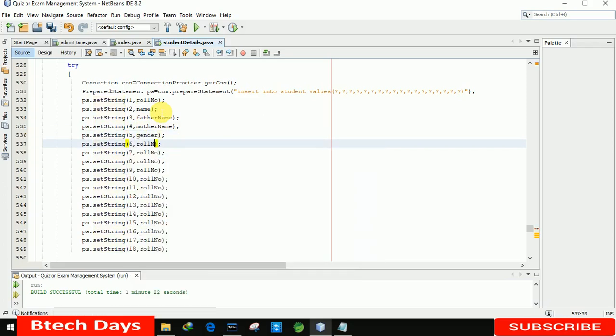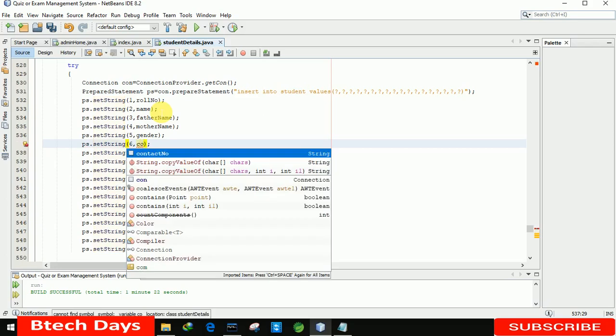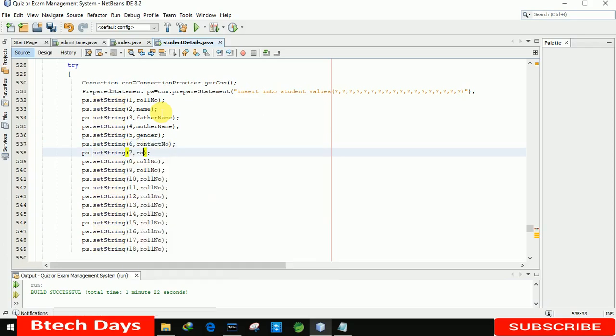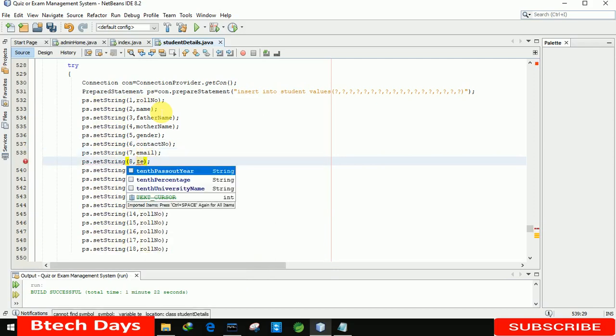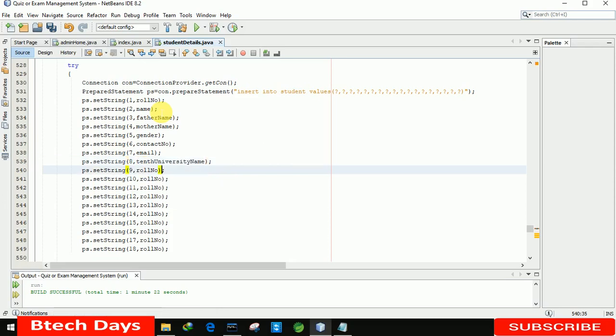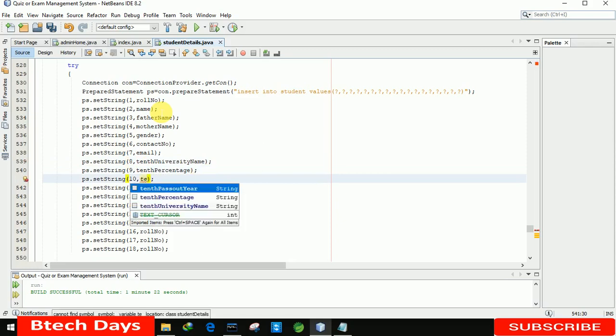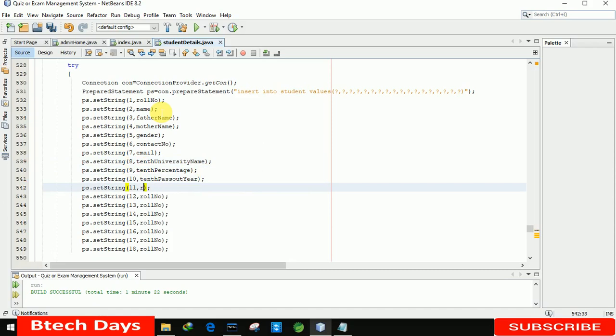Okay, after gender we are inserting here contact number. After contact number we are just inserting email. After email we are inserting here 10th university name. After university we are inserting the 10th percentage. After 10th percentage we are inserting the passing out year. After passing out we are just inserting 12th